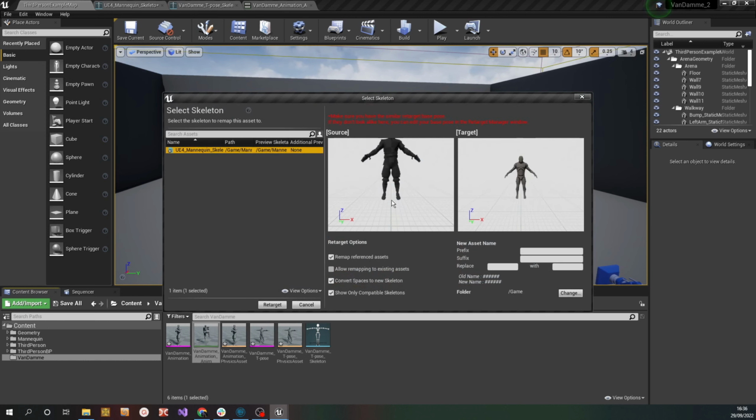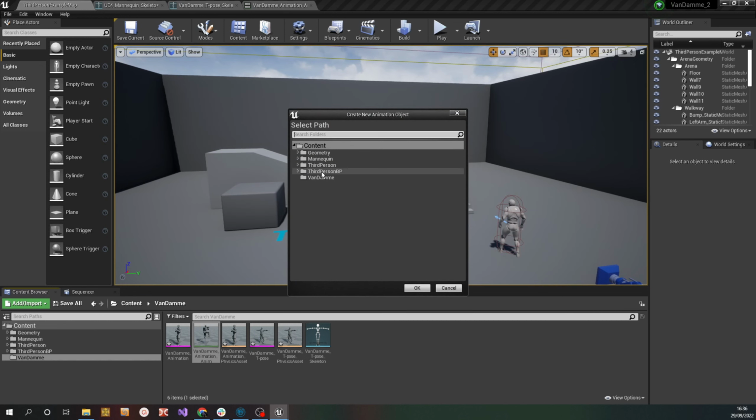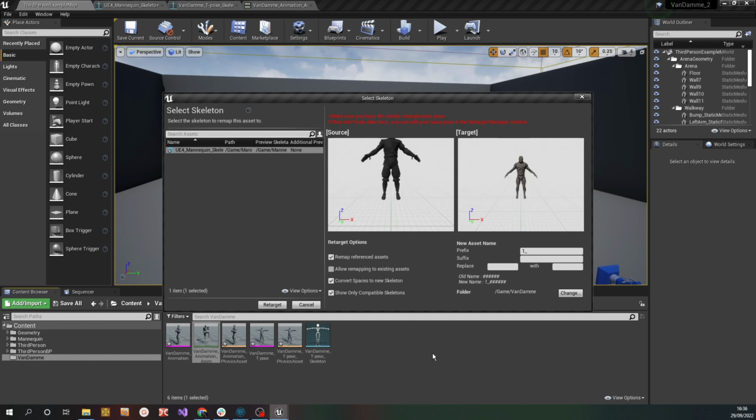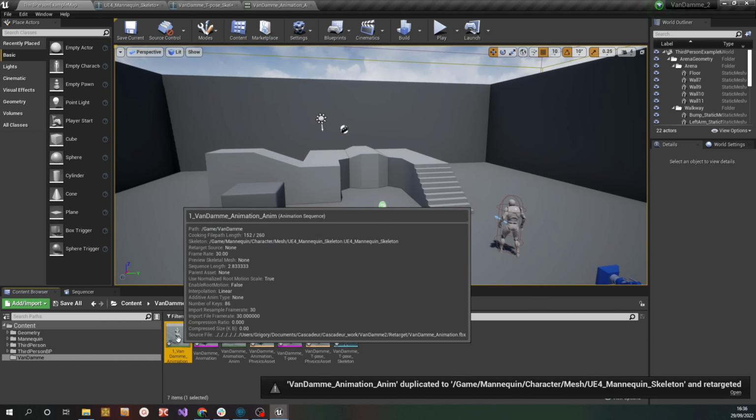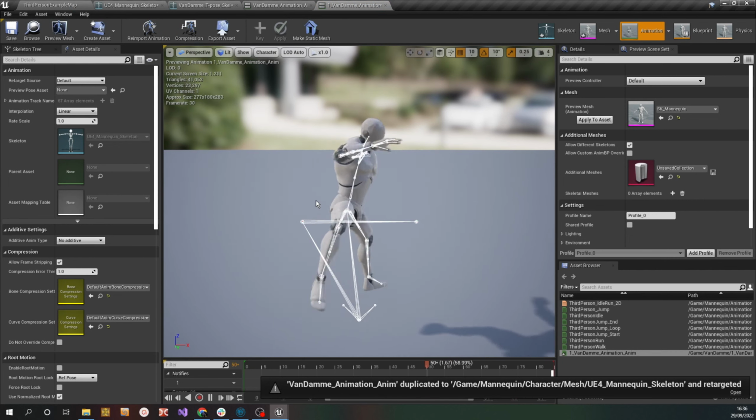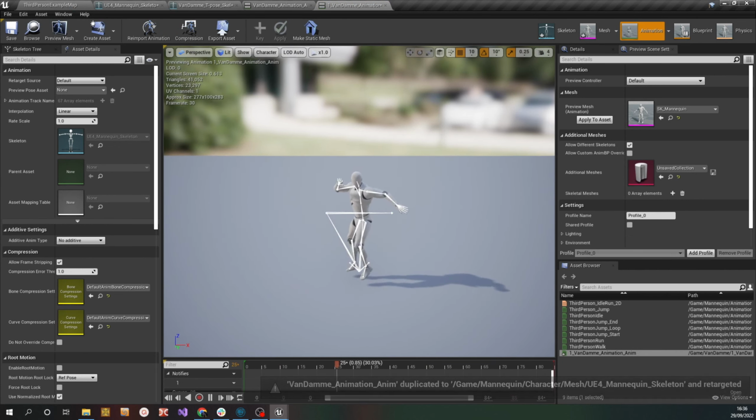Duplicate, choose. So again, change, Van Damme, okay. Retarget. It's ready. Everything is ready. Now all the hands are